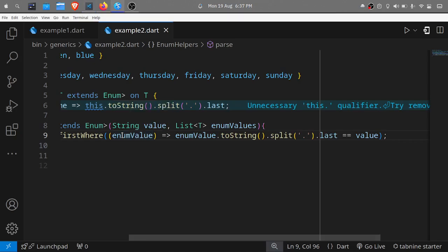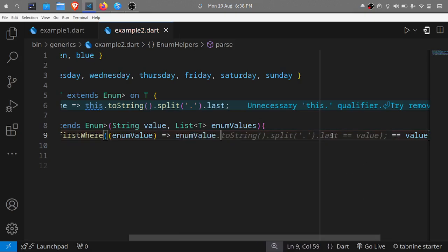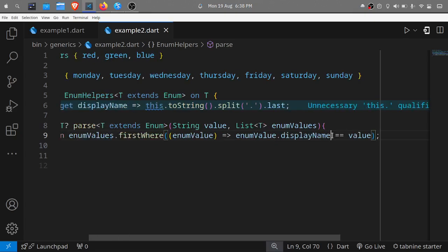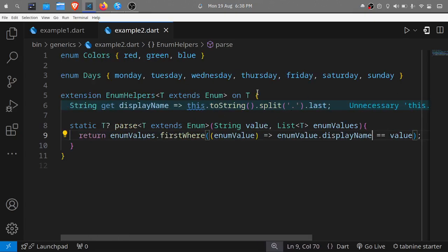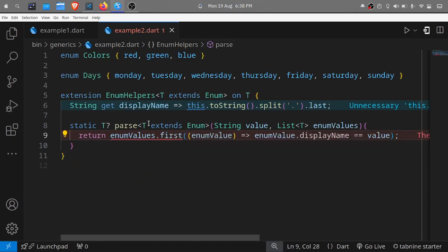I don't think I'll be needing this. I think I will be going with the enum value dot display name, because it's available now on any enum, because of the extension. So we're going to say enum value dot display name, and we're going to use first. I think that stuff is really first where